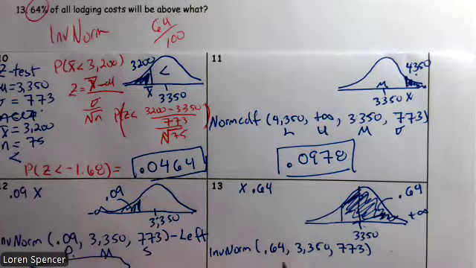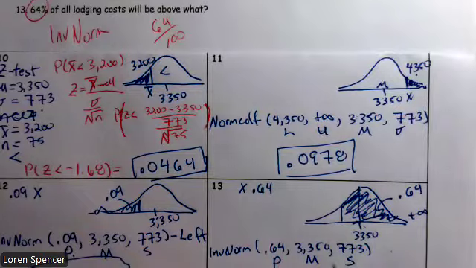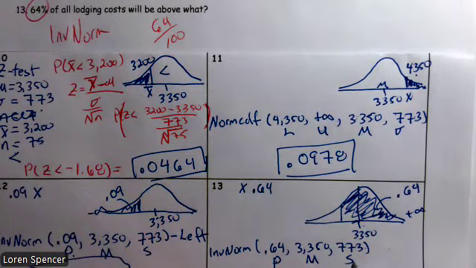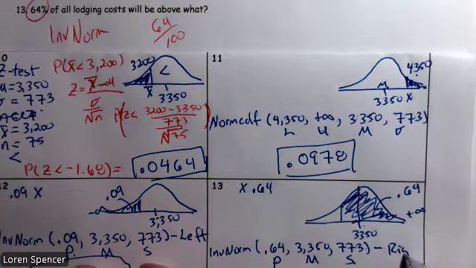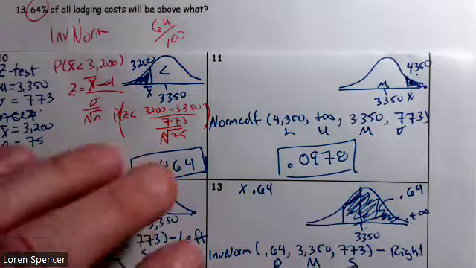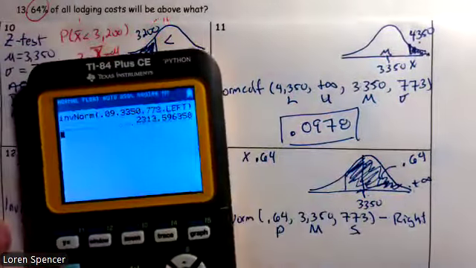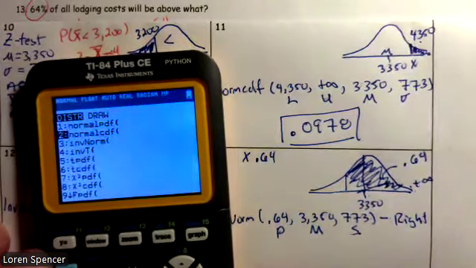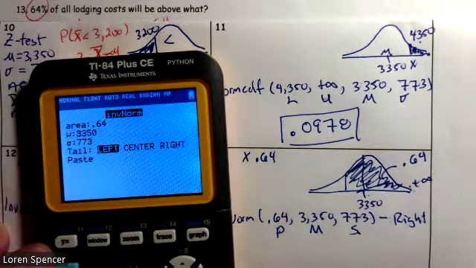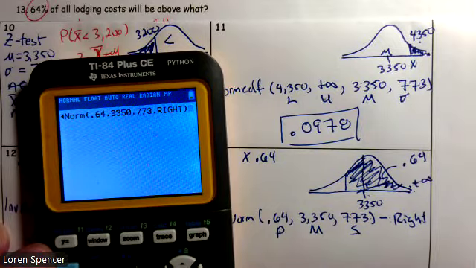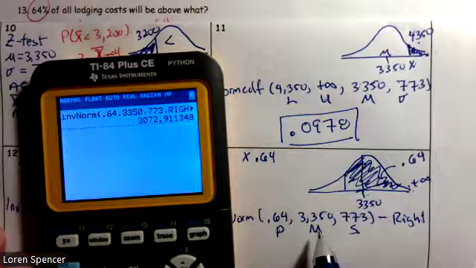Be careful. We know we have our PMS right. PMS. There's our probability. That's our mean. That's our standard deviation. But we came from the right, so we need to make sure that we have right. If you have positive infinity, you're coming from the right. So, second vars, inverse norm, area 0.64, mean 3350, 773. Change that left to a right. Oops, there it is. Make sure it's highlighted. Press enter, and we end up with